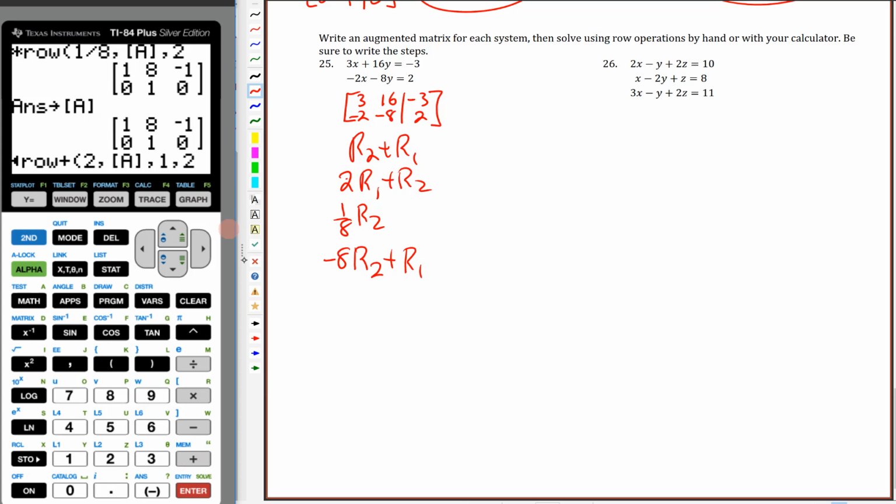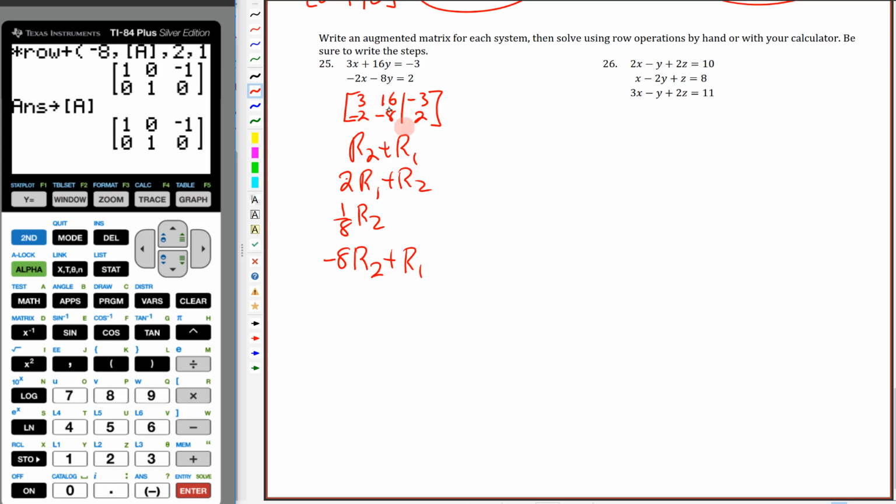Okay, I'm going to actually type this in backwards. We're going to put a 1 here because that's the last one. We're going to put a 2 here because that's the one that's getting multiplied. And then you'll notice that I need to fit in a -8. So I'm going to hit second insert. Notice the cursor changes. Type a -8. I'm going to delete that, stare at that for just a second. This is a times row add command, so we can see that on the screen. We've got what we want. We hit enter, and there we go. So again, just to make sure I don't lose this, I'm going to store that,